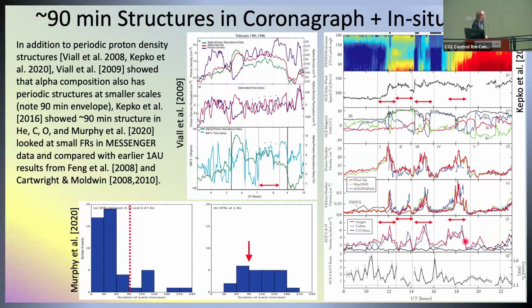Not all the time, but if you were to really take this to heart, you'd say there's some correspondence between density and field structure and velocity and composition, and all of that is related to the origin and release and acceleration that solar wind has experienced. And so that's why I'm so interested in all of this reconnection stuff, because that's how I think you can get